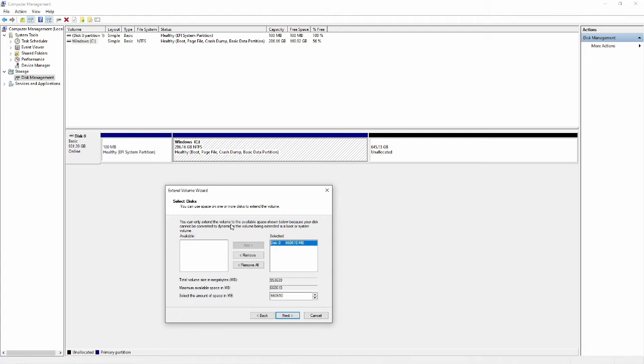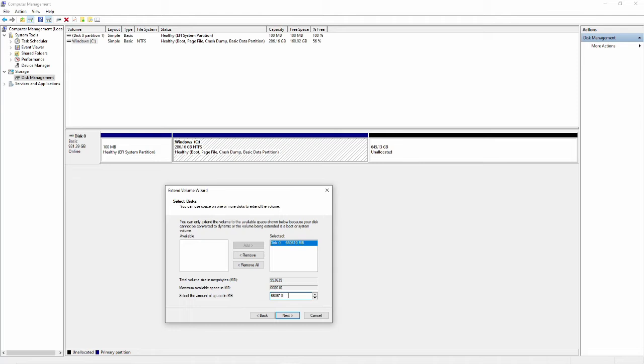You can only extend the volume to the available space shown below. Okay, I will extend it on this. So I think I should select the amount of space in megabytes. Total volume size here.